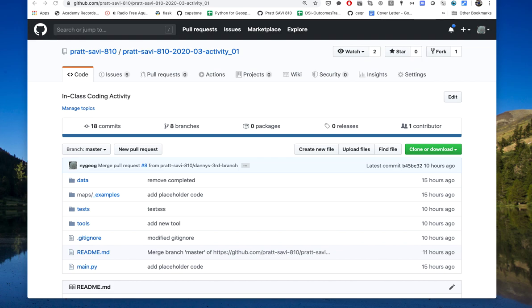Okay, so in this video, I'm going to talk about a few things specifically related to this activity 01, which stands in place for your assignment 5 if you're in the 2020 spring class. So we're going to go over first cloning this activity's repo. We are not forking this repo. We're just going to clone it, and then we're going to actually create branches inside of it